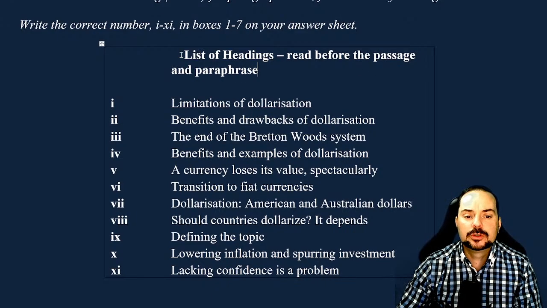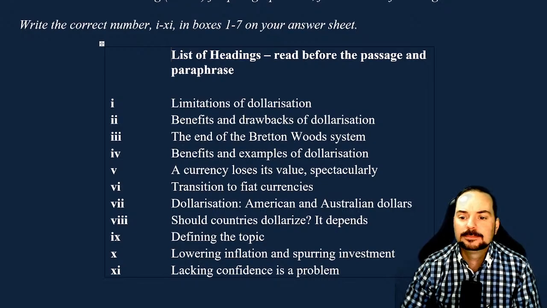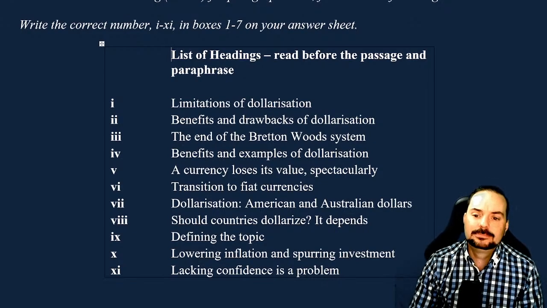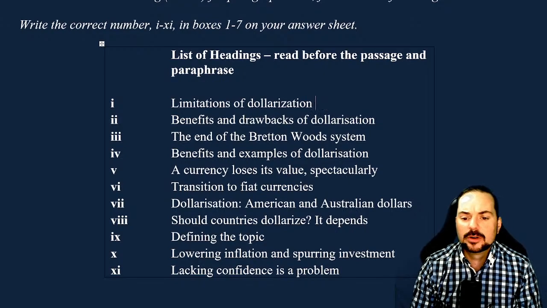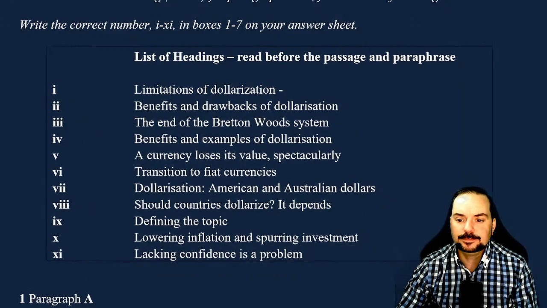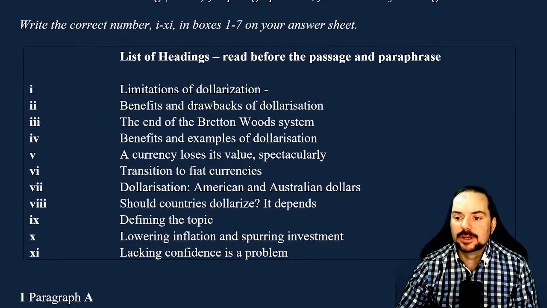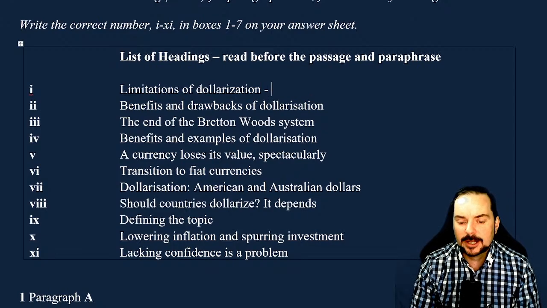That will help you to understand even more about the passage. Okay? So list of headings, read it before the passage, paraphrase it. Limitations of dollarization. Let me try to stretch this box a bit here, and then we can really fit our paraphrasing in. So limitations of dollarization. Okay, so